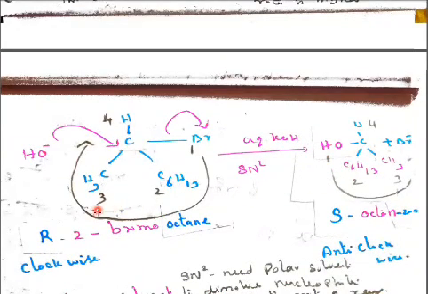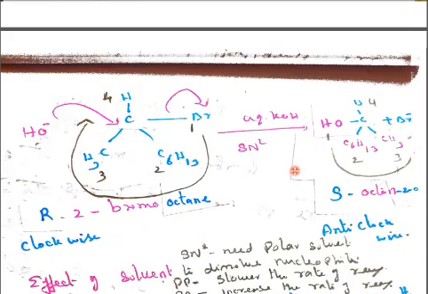Here we have taken one bulky group, CH3 and C6H13. Now the incoming nucleophile is ready to attack this carbon, which is partially positive, and the leaving group is negative. So we get OH incoming and Br minus leaves. Now I will say why it is an inversion. Priority is given to bromine because of its higher atomic number. Carbon has atomic number 6, hydrogen only 1. So priority 1, 2, 3, 4 moves in a clockwise direction.